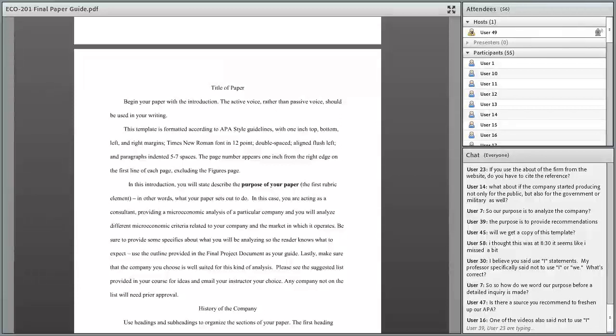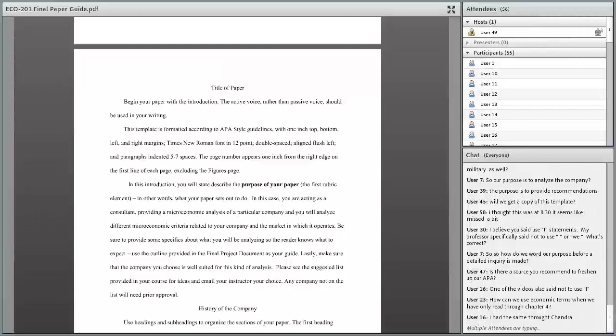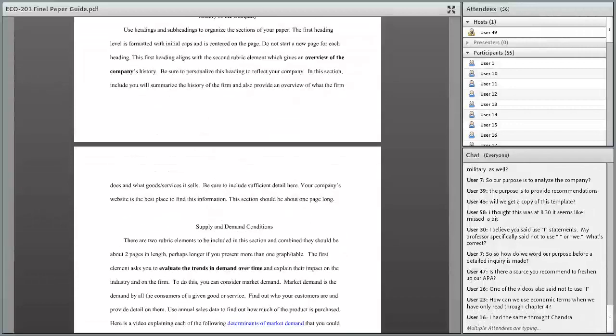The source to freshen up on APA, Laura, you can go on the Shapiro Library, and there are resources there that help you cite and reference. And then you can use this paper, which also gives you the guidelines. If you read the title page, it says this template is formatted according to APA guidelines, where you need a Times New Roman font in 12-point, double-spaced, aligned flush left, and the paragraphs indented 5 to 7 spaces. If you go to the end of the paper, I believe